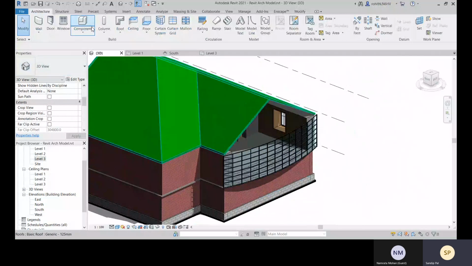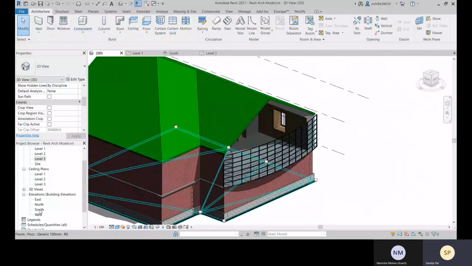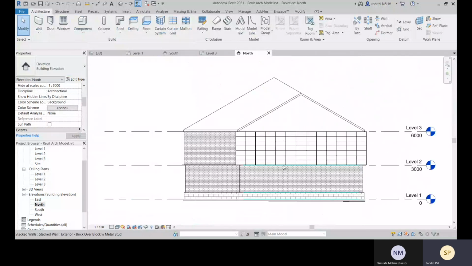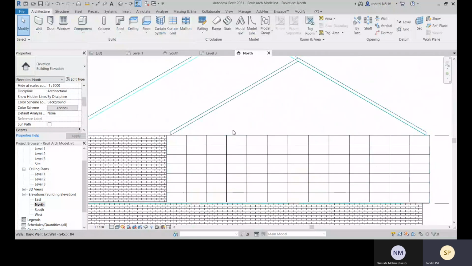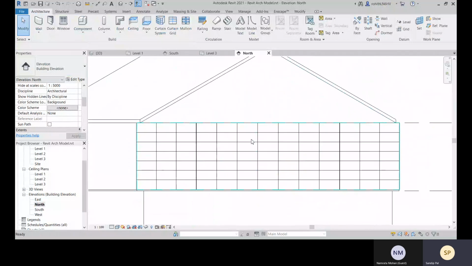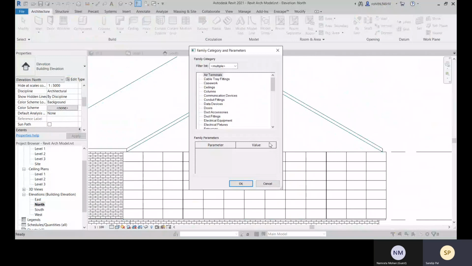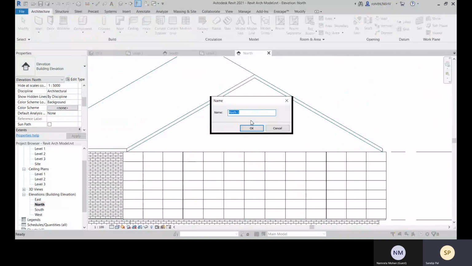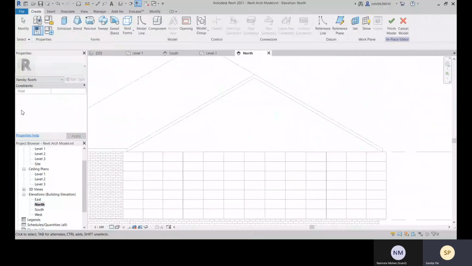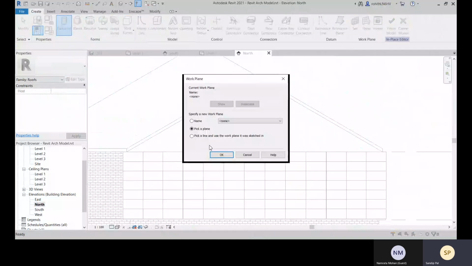Okay, so for that let's go with this modeling component, and let's come to this north view, and there you can see this is there. Let's come to this component, model in place, and here you can go with this casework, or you can specify it like roof. You can specify roof one. Here you can mention roof one, and it will be extruded, so go with this extrusion.